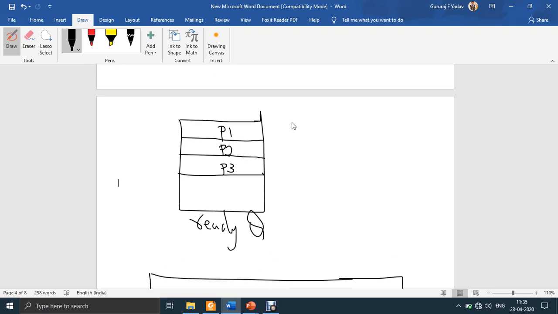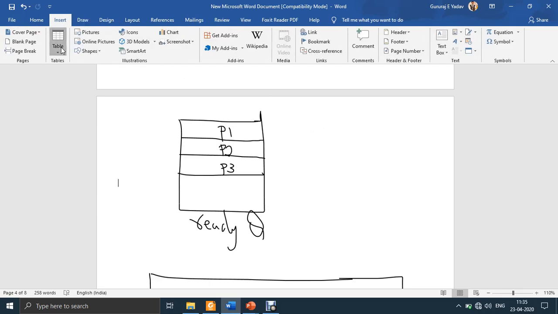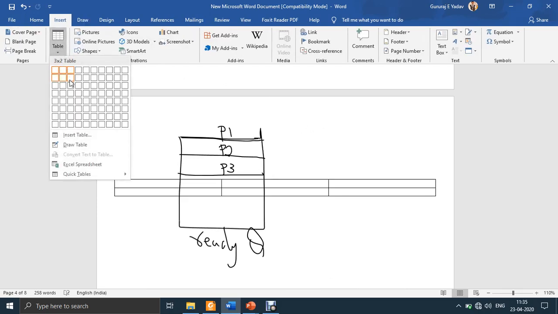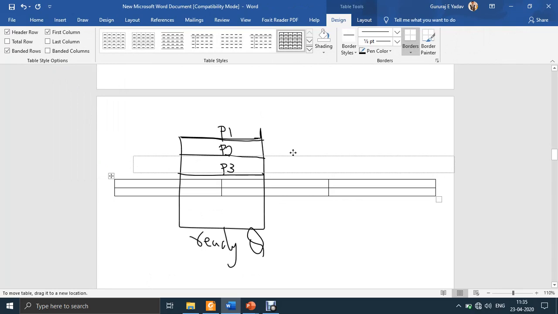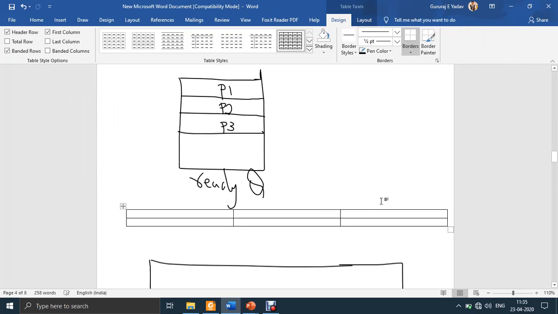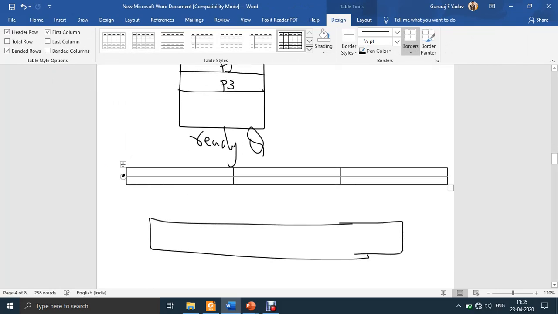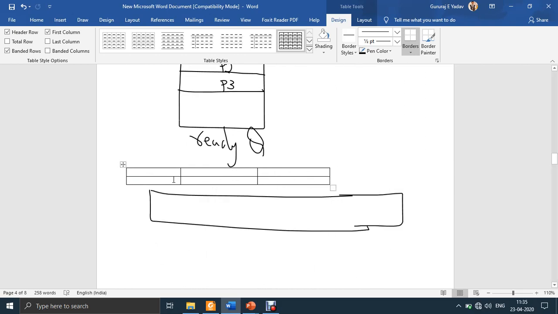So to understand this, first we have to draw a table, or construct a table. So what is this table? It will have the information regarding the processes. There will be 3 columns in this table. If preemptive shortest job first, SJF, is given, first you have to construct a table like this.